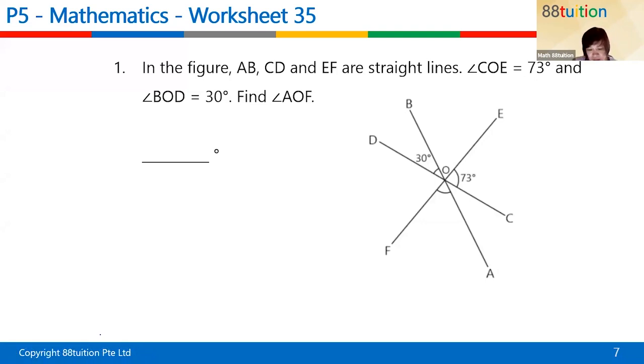Okay? In the figure, A, B, C, D, E, F are straight lines. C, O, E is 73. B, O, D is 30. Find A, O, F. This is the angle they're asking. Do you realize that this and these are alternate angles and they must be equal? And you come to realize that this one is actually a straight line, right? So when this